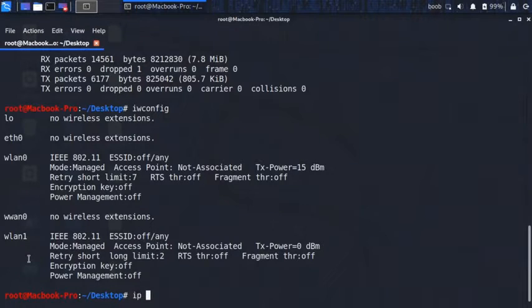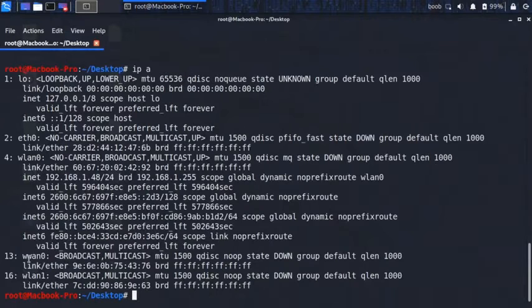If you want to be even more contemporary, you can use ip a. And we have wlan1 here. We can see the state is down, which also means it's turned off. So what we need to do now that we have it plugged in is put it into monitor mode. And what we're going to use is